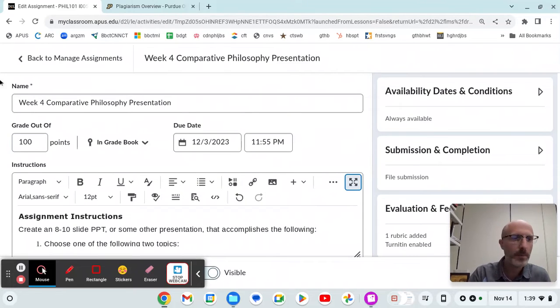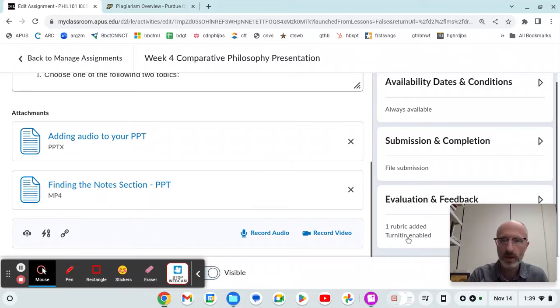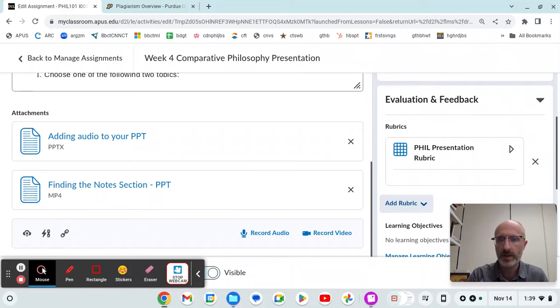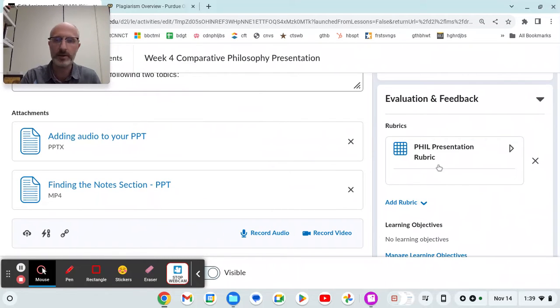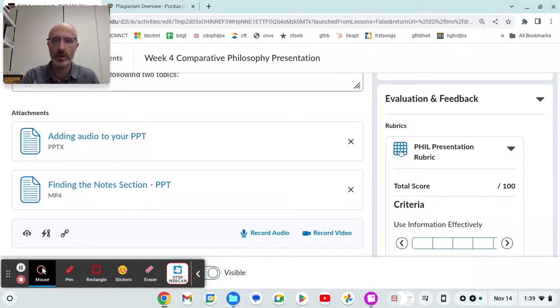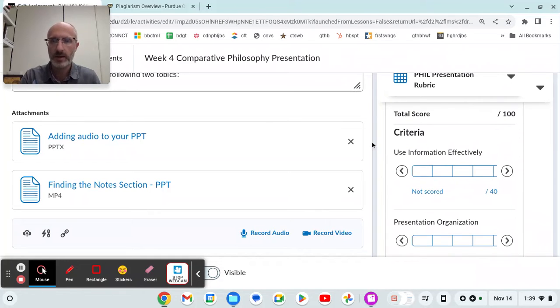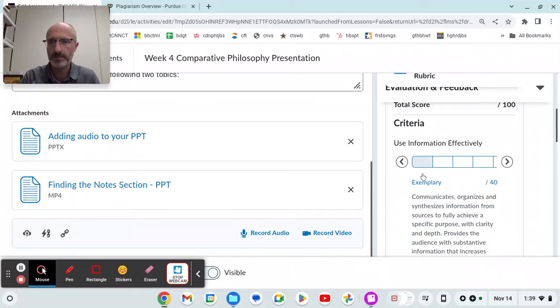Now there's one more thing I think I should talk about. The rubric is right here, so you're going to want to look at that. The rubric lets you know how you'll be graded. So it lets you know what you really want to focus on, what you want to be sure to do correctly. Here we've got use information effectively. And then if I hover over this, I see